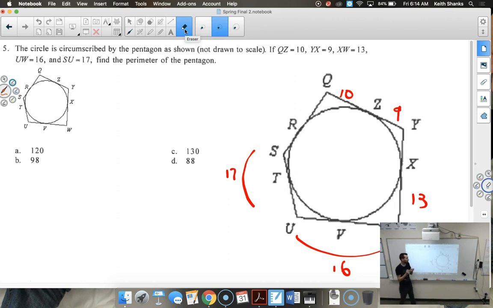And the rule to remember is that anytime two tangents meet at a point, that point is the same distance on both sides from the point of tangency. So if the right is 10, over here is 10. And if this is 9, this is 9. If this is 13, this is 13. And if this whole thing is 16, this is 3, which means that this is 3, which means this is